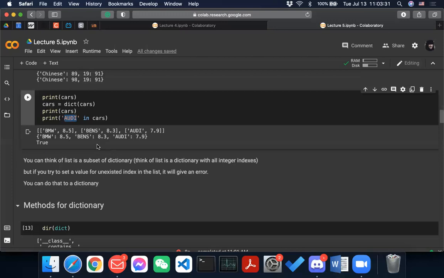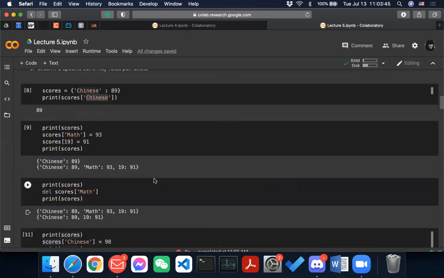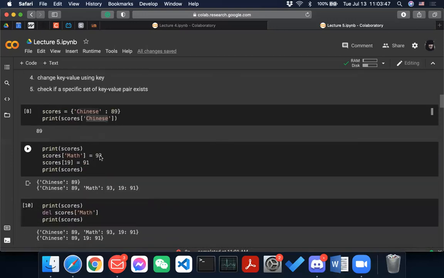One difference is that if you try to set a value for a non-existing index in the list, it will give you an error.